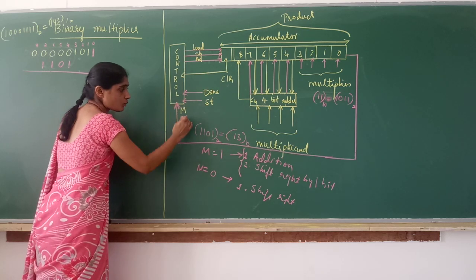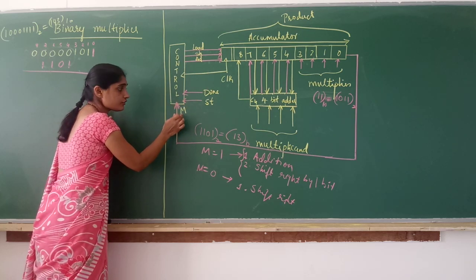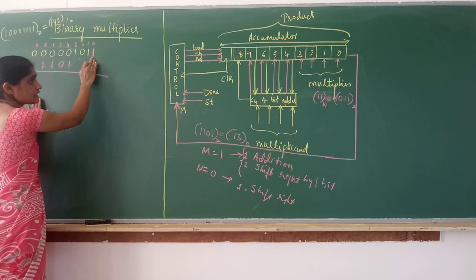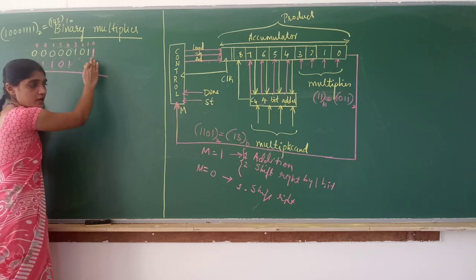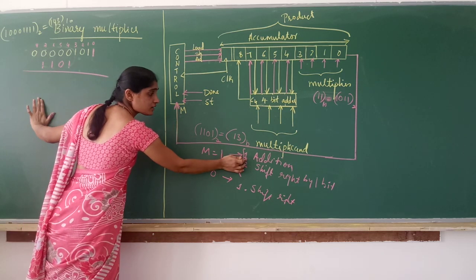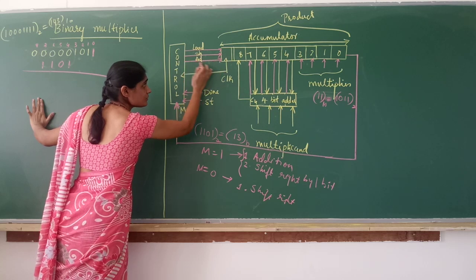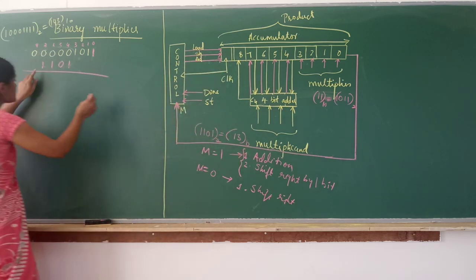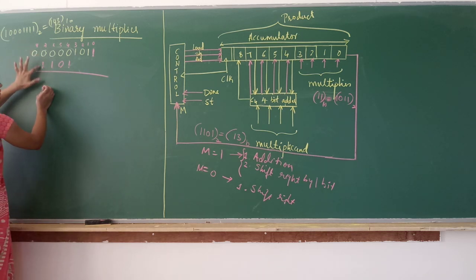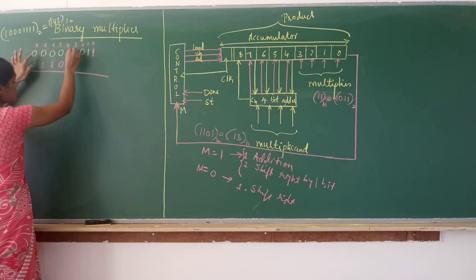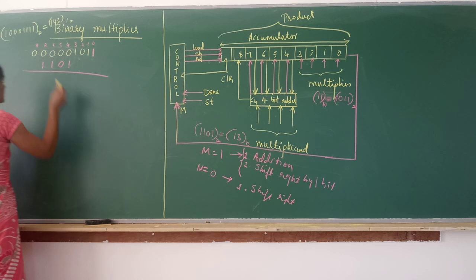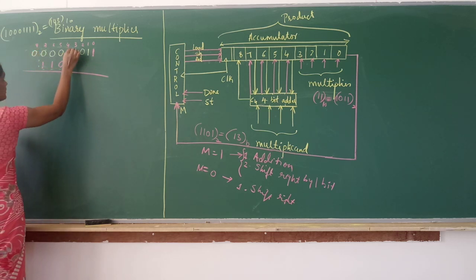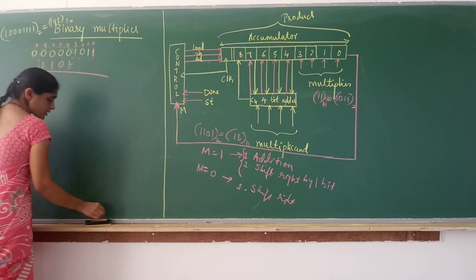Now it will then check what? Next it will check the value of m. So now what is m initially? m is 1. If m is 1, first what? Addition, because first the add signal will be given to the accumulator. It should perform the addition. Addition is what? Addition is these two. These are the inputs for the accumulator, right?